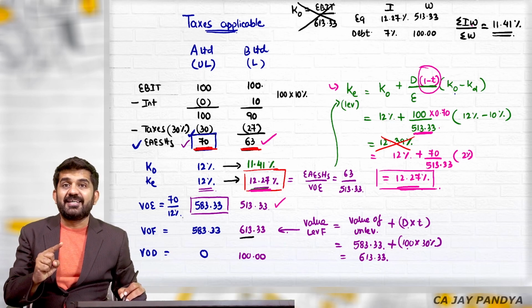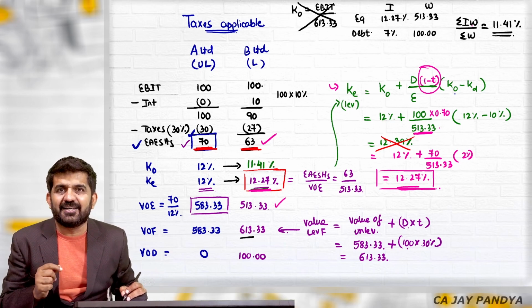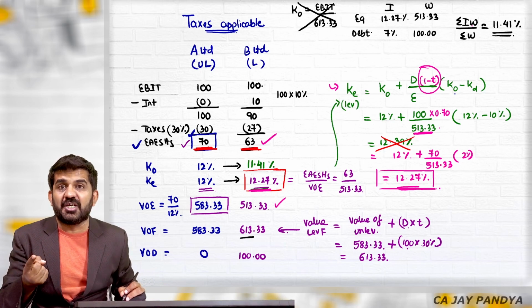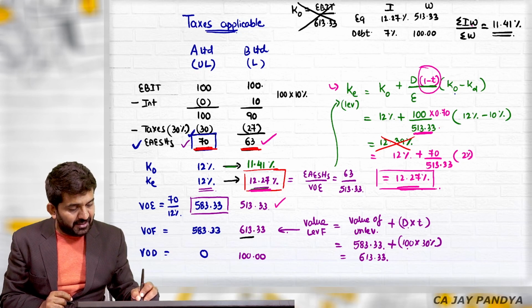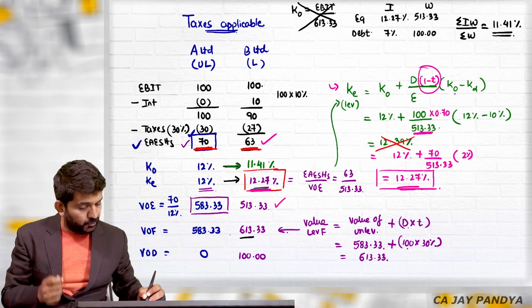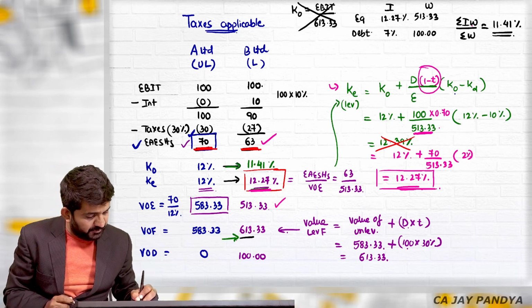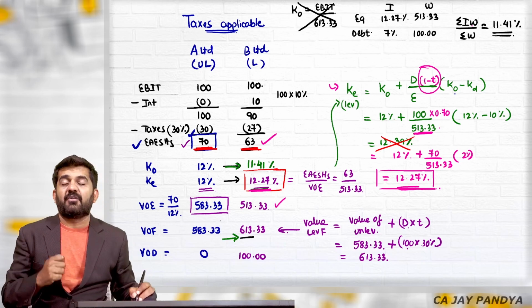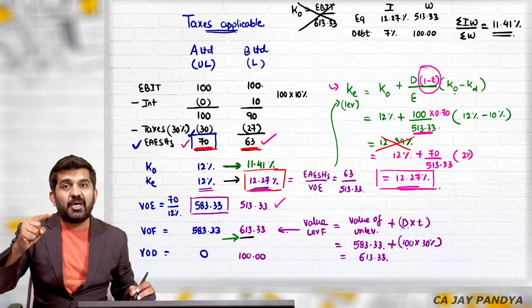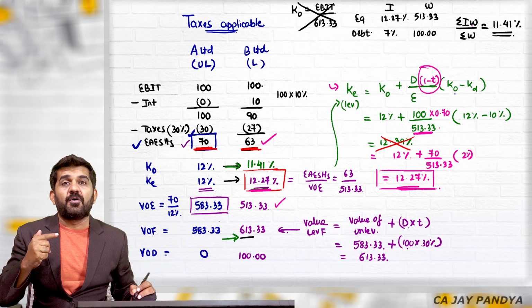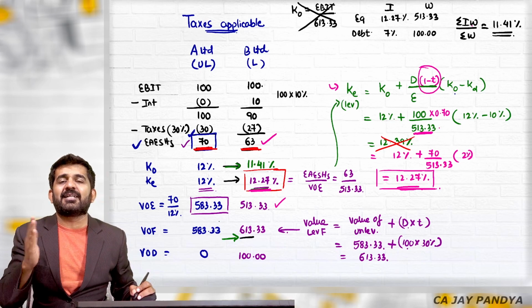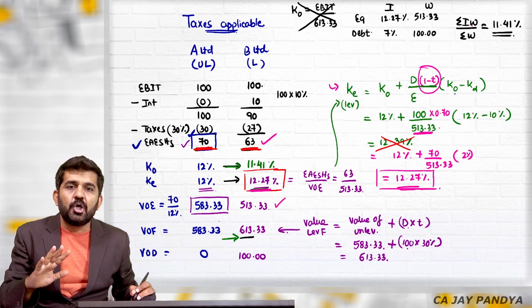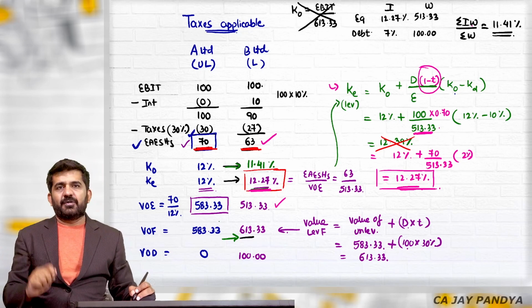See, even in Modigliani Miller, KO is changing, because that assumes no taxes and here there are taxes, so KO will reduce. Even the value of a firm is increasing, as per this formula. KO will decrease, value of firm will increase, and KE will remain the same whether there are taxes or no taxes. It does not make any difference.